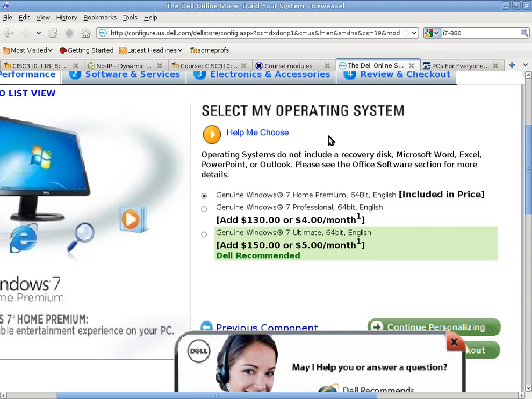Okay, now you can select your operating system. This part annoys me to no end. There's no option of no operating system. Okay, in other words,